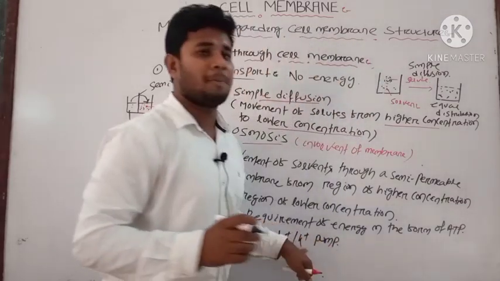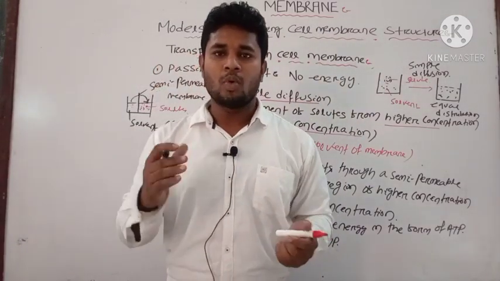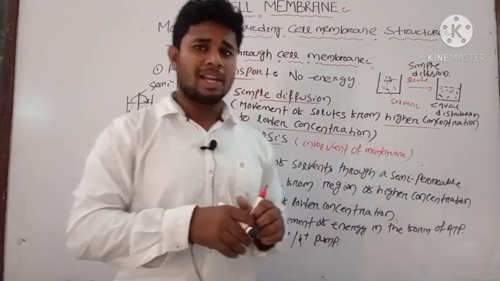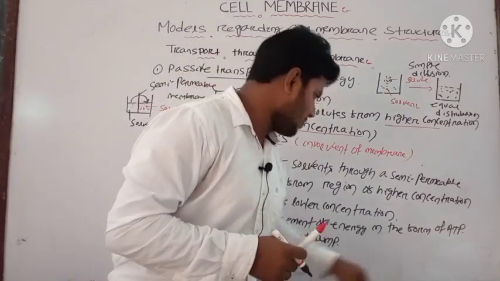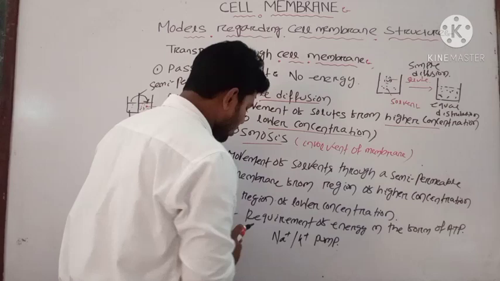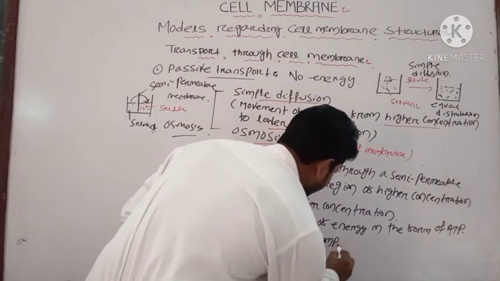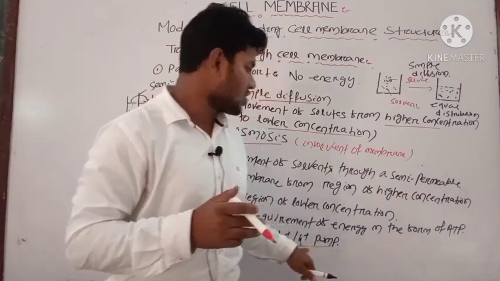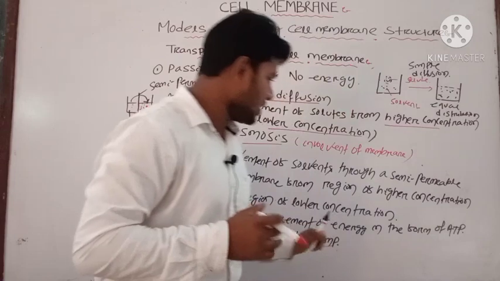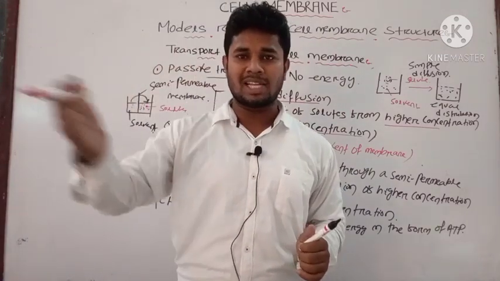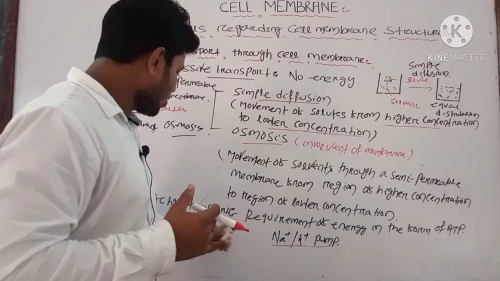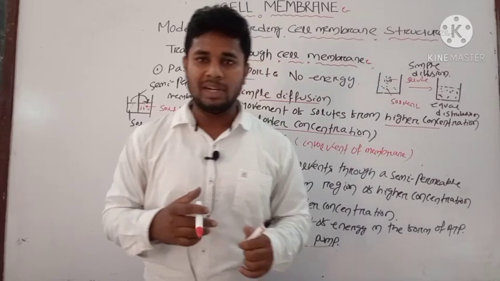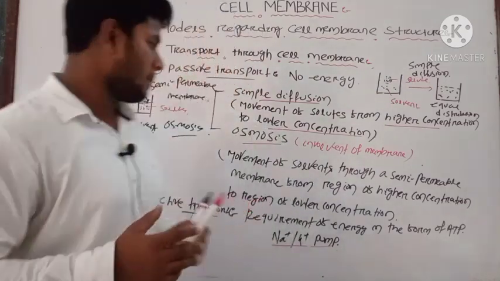As we know, the plasma membrane is selectively permeable. When the outer solutes try to flow inside the cell, they require an energy system. That energy system is generated by your sodium and potassium pump. These sodium and potassium pumps are present inside your phospholipid bilayer structure, and it gives the energy for the flow of the outer molecule inside your cell, and that's why it is known as your active transport process. Note down these points, then we will discuss some functions of the plasma membrane.